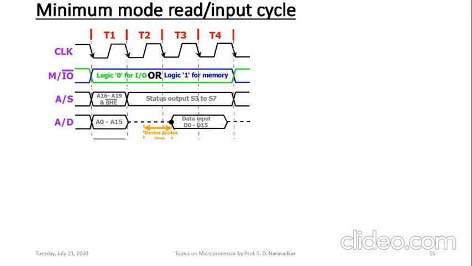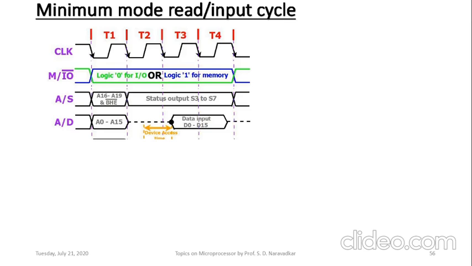Now these dotted lines will indicate that high impedance state on address data lines. Why high impedance? It is just because address is output during T1 and data is to be input during T3 and T4 state here. So the reversal of direction of information is needed here, and that's why the processor places that address data bus in high impedance state in between.